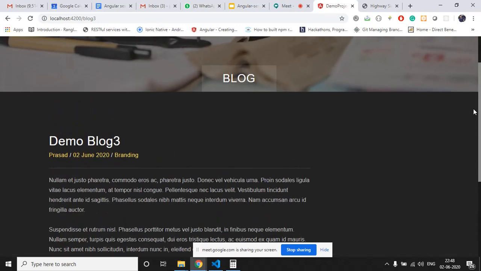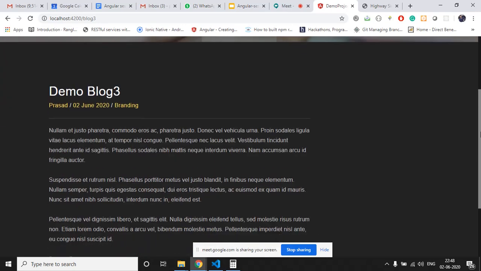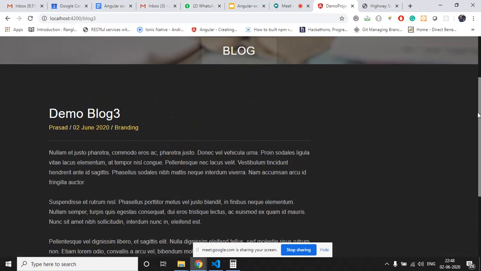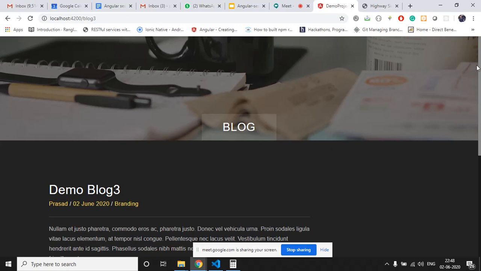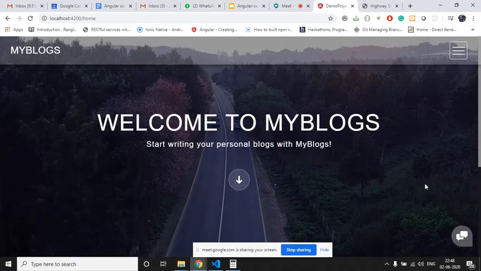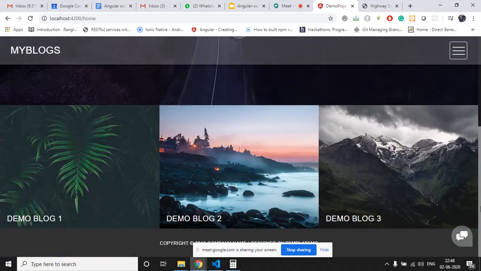So this is how we can make a blogging site by integrating an HTML5 template into our Angular application. I think we have covered today's topic: we have created a basic static blogging site using an Angular application, and we have also imported and used an HTML5 template in our Angular application.